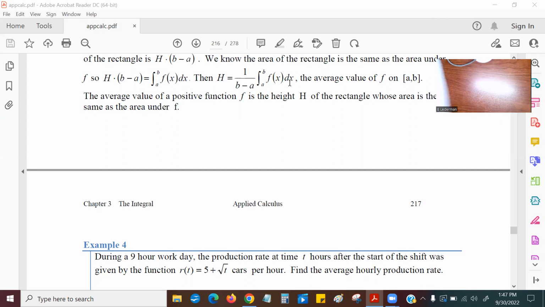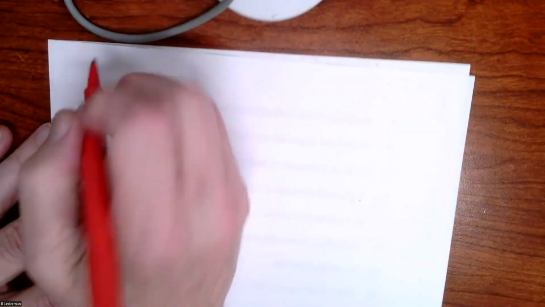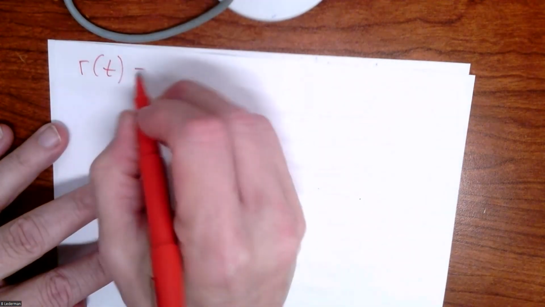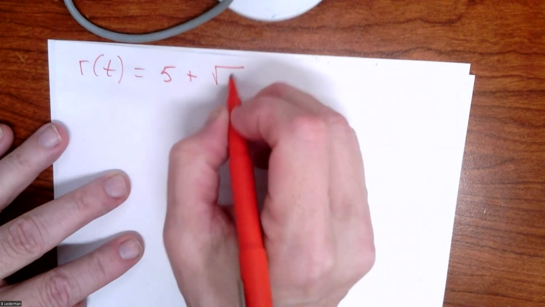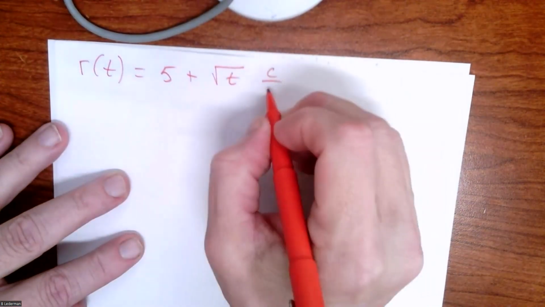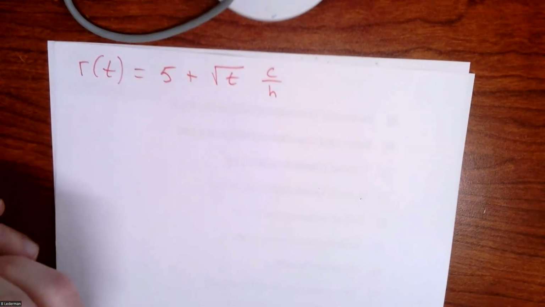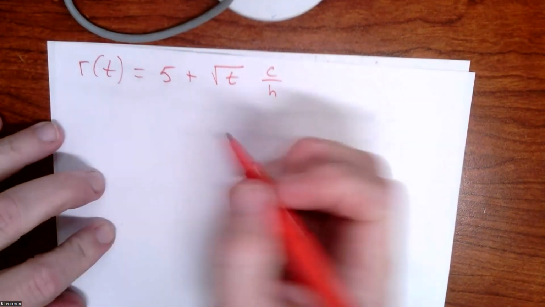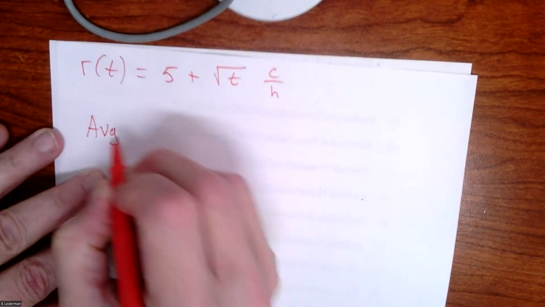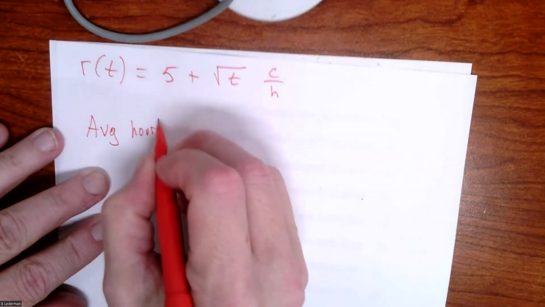Okay, so let's do this. We're going to follow the average value formula. The function we just mentioned was r of t equals 5 plus the square root of t, in cars per hour. And the average hourly production rate, that's what we want, is going to equal